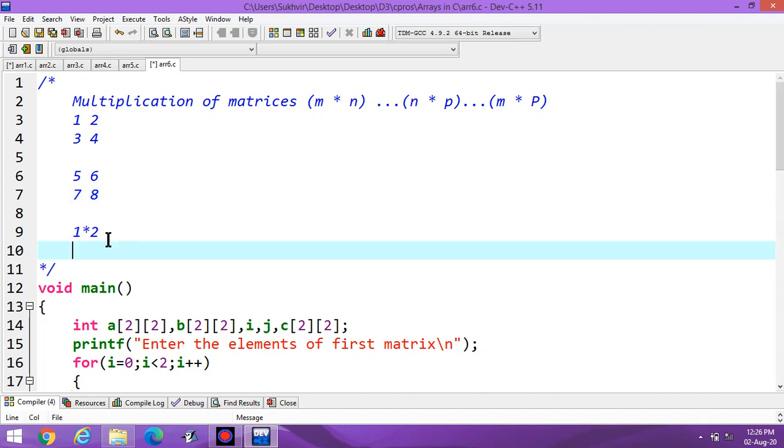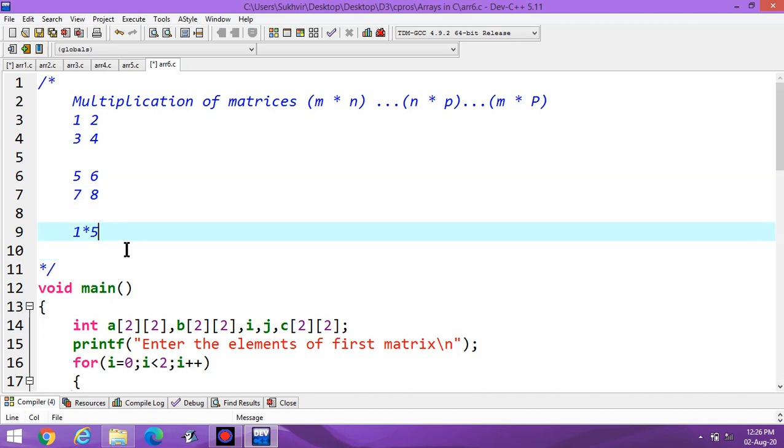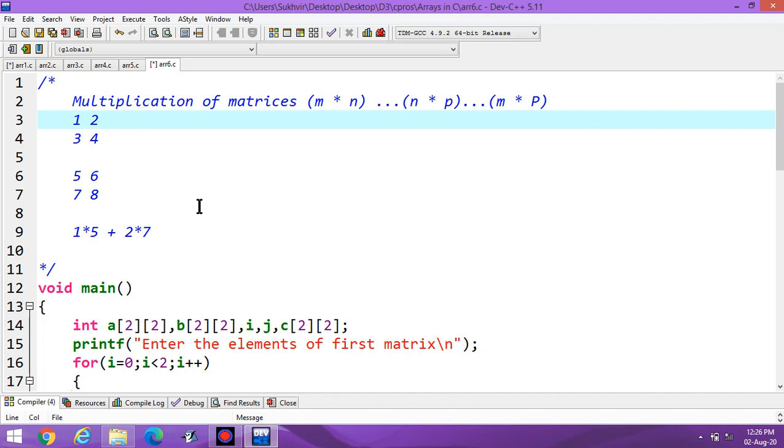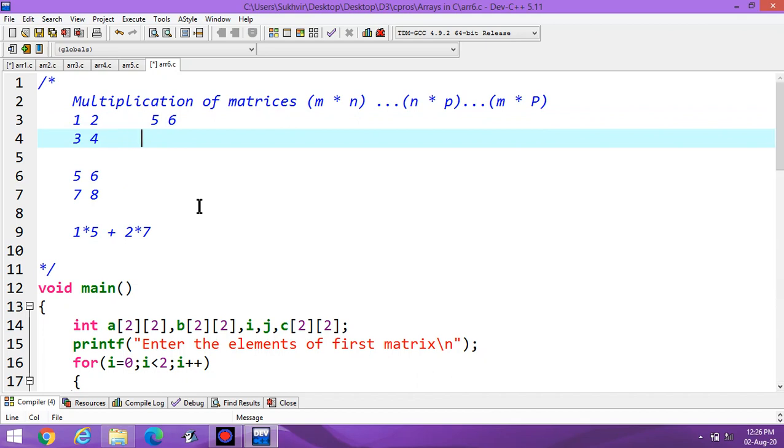Suppose these are the elements. Then 1 is multiplied by 5 plus 2 is multiplied by 7. Suppose I write here the elements 5, 6, then 7 and 8.